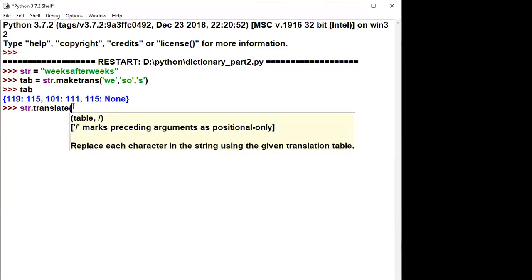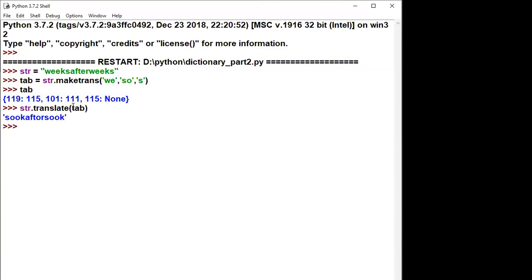It takes this table as the argument, tab. If I give this, see the output. Don't try to find the meaning of the string, just understand that W is replaced by S, wherever E is there, all those are replaced by O, and whenever S appeared in the string, that is removed from the input.